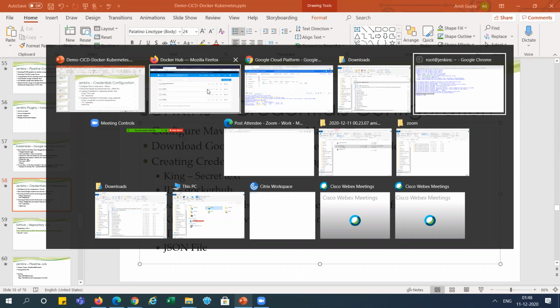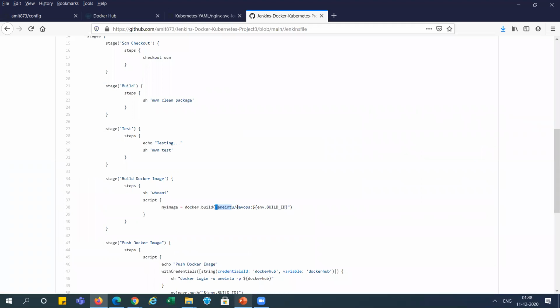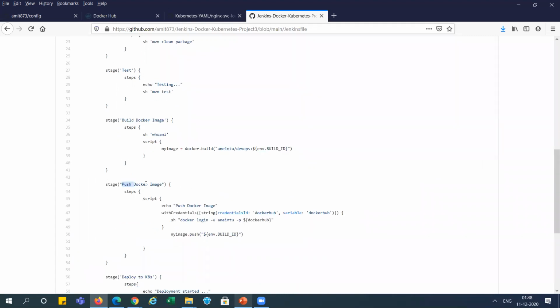Where is it? I think in the same window, yeah, here. This one, and devops is my image name, and this is the build environment ID. We are adding the build number here. After that, we are pushing the image, and here we are using withCredentials with the string credential ID.